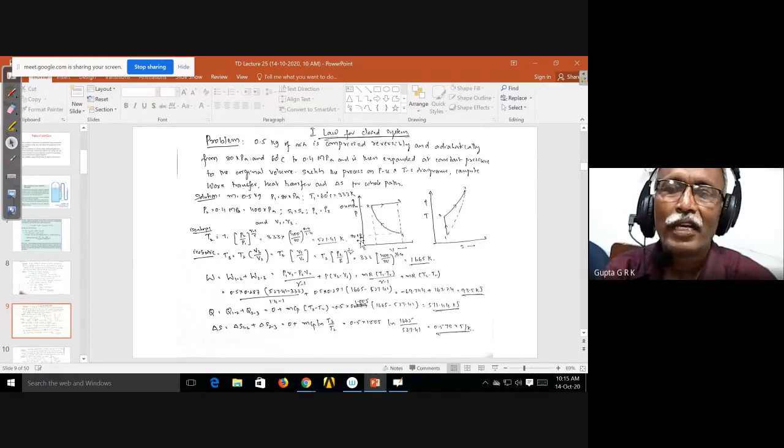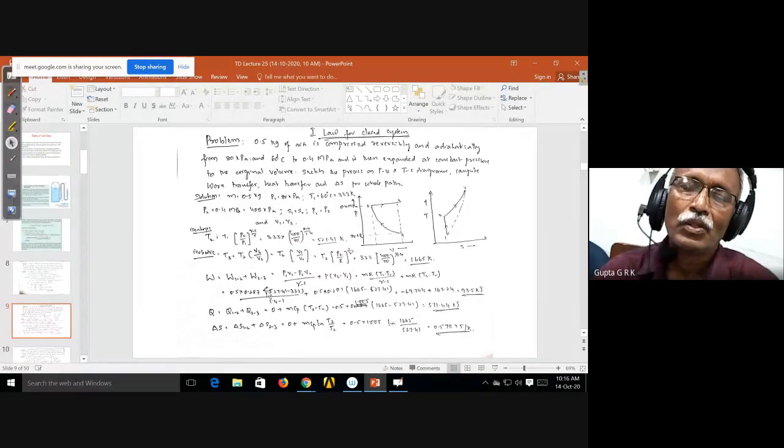And if I have an adiabatic process, I know that T2 by T1 is P2 by P1 to the power of gamma minus 1 by gamma, that is equal to V1 by V2 to the power of gamma minus 1. You have to remember that. You can derive it from the fundamentals, no problem. But because it takes time to derive yourself, if you remember some relations, you can save time and feel comfortable and confident. So that is the way I have it.